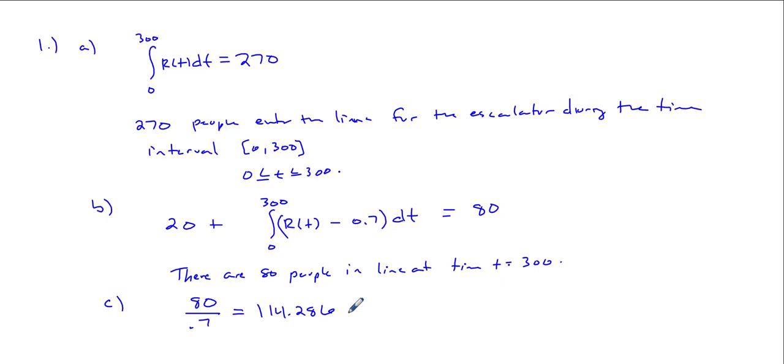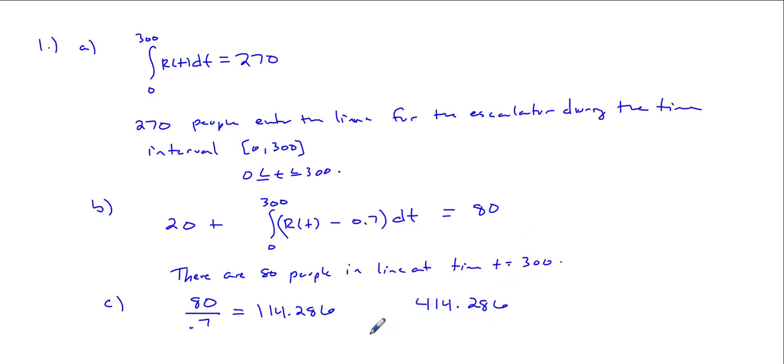Is 114 greater than 300? So what do we have to do? Add 300 to it, right? Because they're asking after 300. 80 is how many there are in line at 300. And then it's 114 seconds more. So that'd be 414.286, right? So